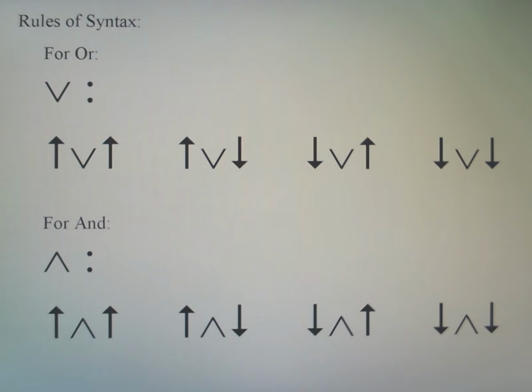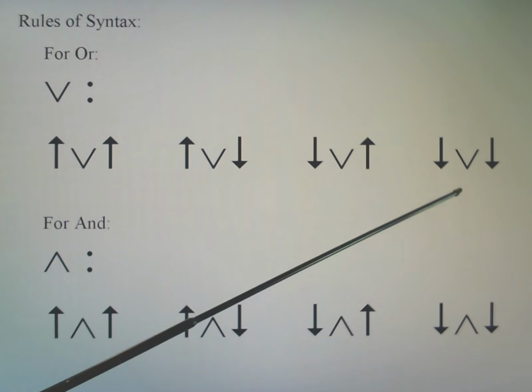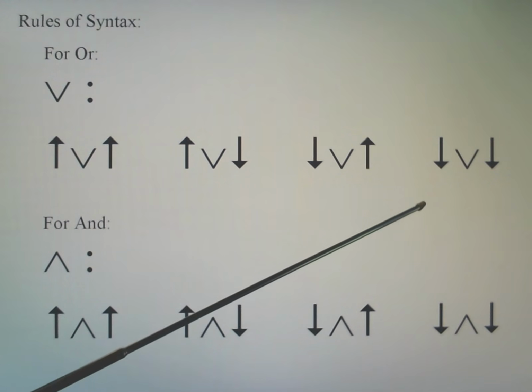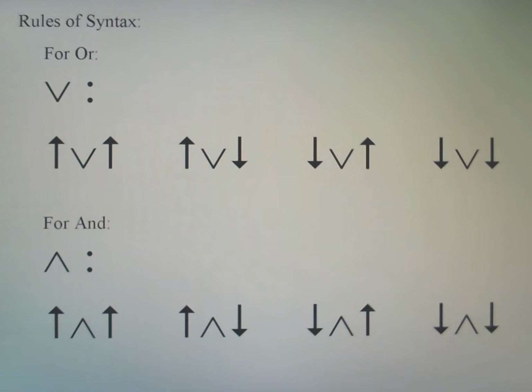In terms of the semantics, as we will see directly, for or, these 3 statements are true because an or statement only needs one, and can have both, of its propositions true in order for it to be true. If an or statement contains 2 false propositions, that of course is a false statement. And for and, what we'll find is it's, in a sense, the opposite. For and, only the first combination will be true because an and statement requires 2 true components for it to be true. Otherwise, it will be false.